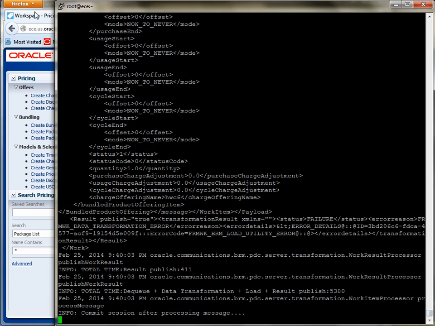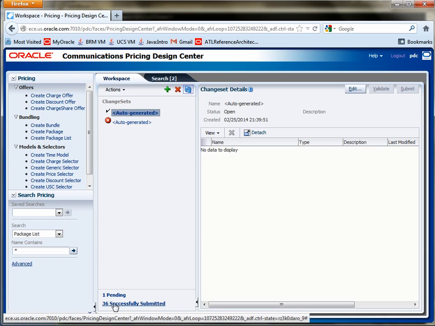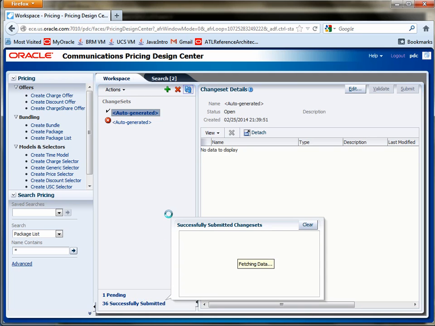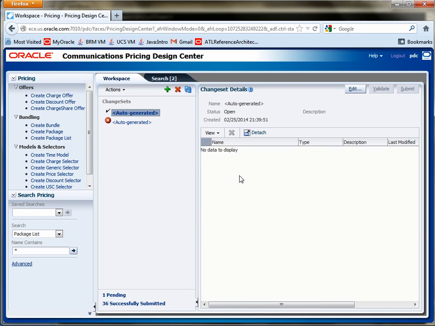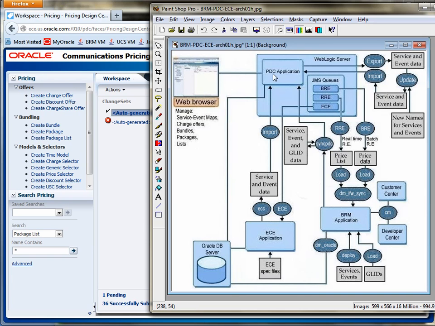It's all been successful. So let's just go back, and what we're going to do here is do a refresh. And see, now there's only 1 pending, so what it means is it has finished that, so that's good. Now, if we go to our diagram, so it's gone from PDC